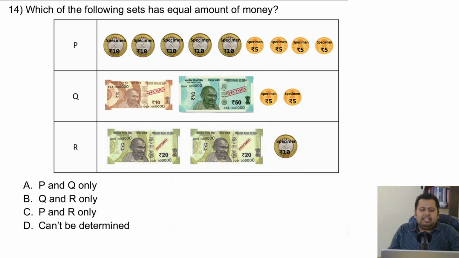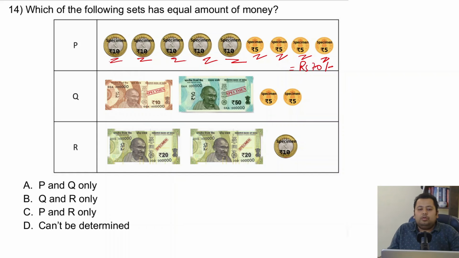Great. I think again, simple addition. So if we just add this, right, this is 10 plus 10 is 20 plus 10 is 30 plus 10 is 40 plus 10 is 50. This is 555. This 5 is 60, 65, 70. So this is nothing but rupees 70, right?